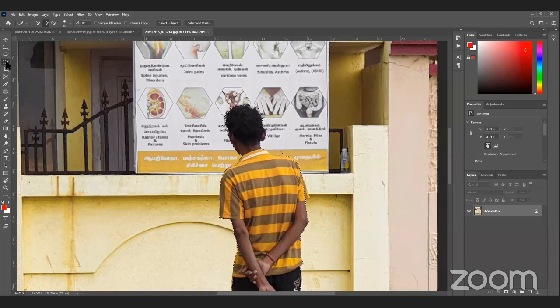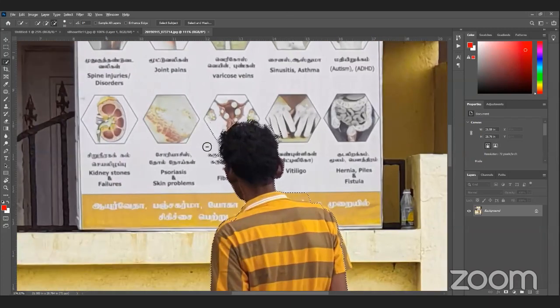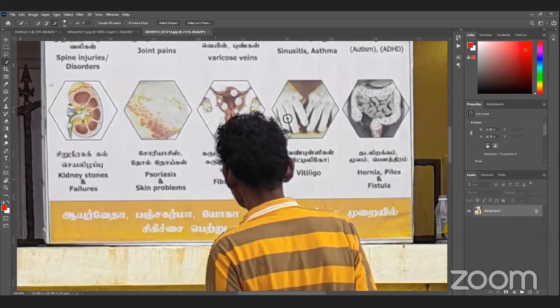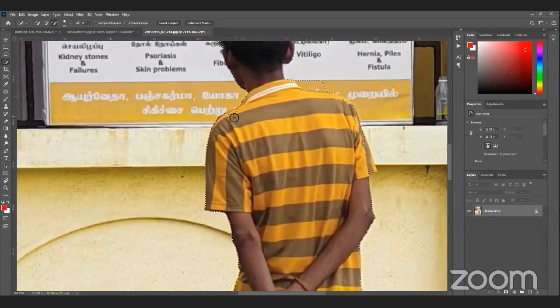So you can go to the quick selection tool and the minus sign, and then remove that part, like we remove using the eraser anything that is not wanted on our notebook. So it is very similar to that.